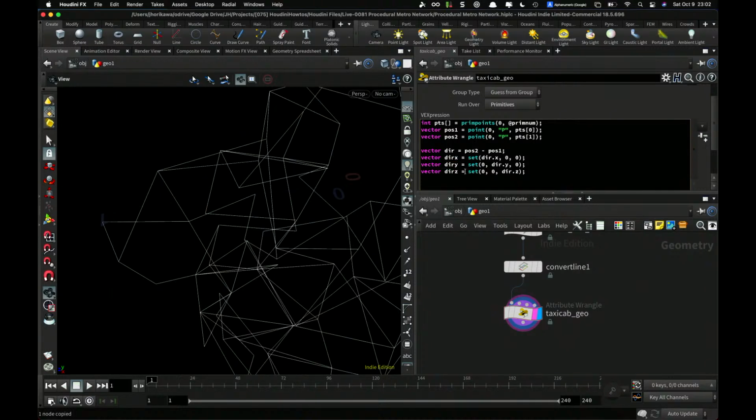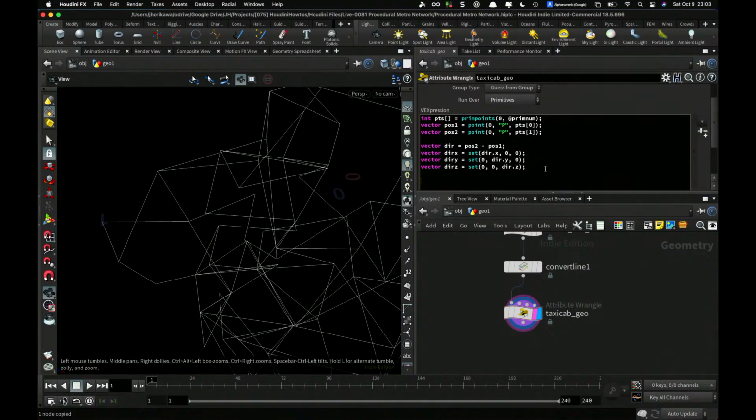3 vectors. So the first point is the same, so we can just use the same point position. Now the second point position will be this point position plus this direction x, or maybe direction y or direction z. Maybe you can just choose randomly. But let's try to test going from x, y, and z. So